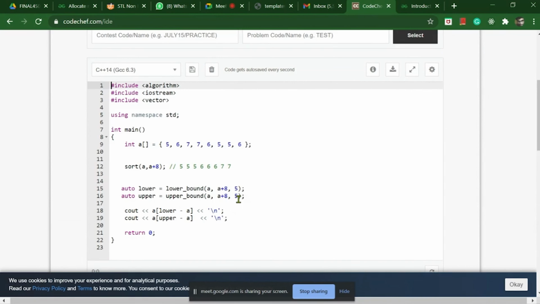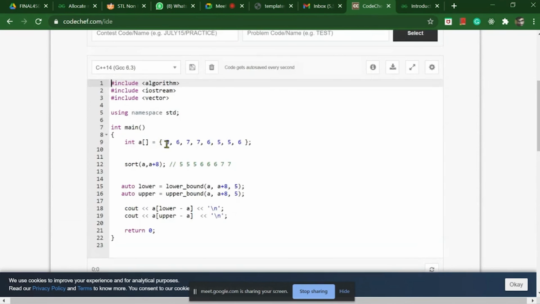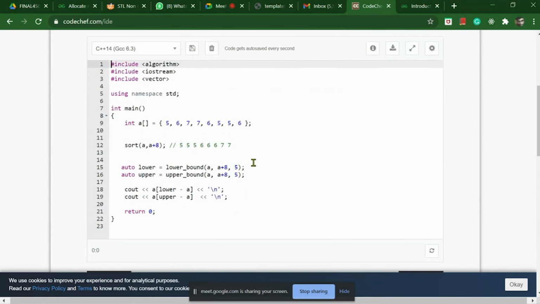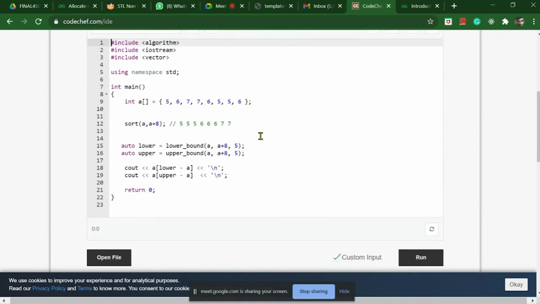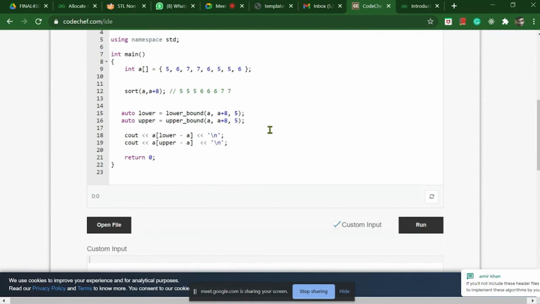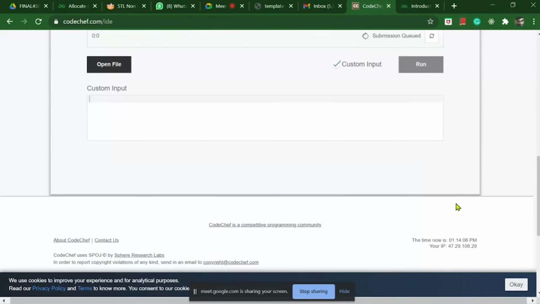For example, I am passing an array A which has 8 values inside it, and I am searching for the lower bound of 5 and the upper bound of 5. The value which is not less than 5 is 5 itself, as there are multiple occurrences of 5, and upper bound will return a value just greater than 5, so it will print 6, as you can see here.